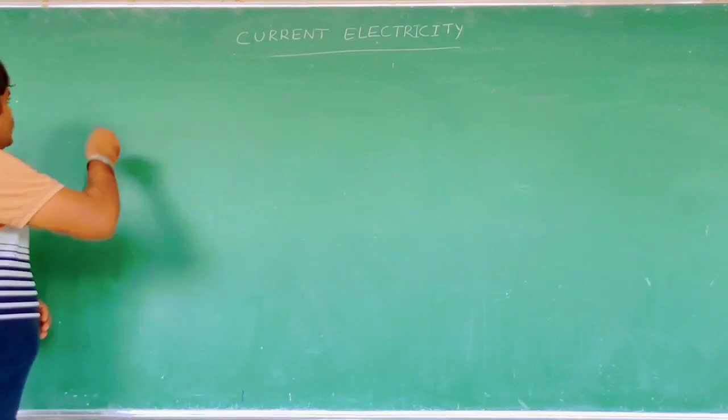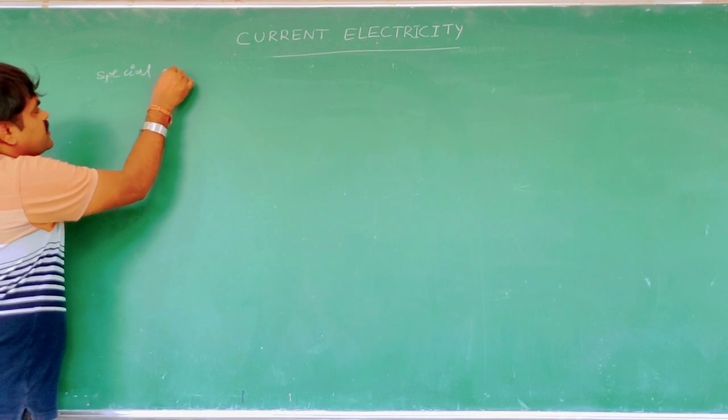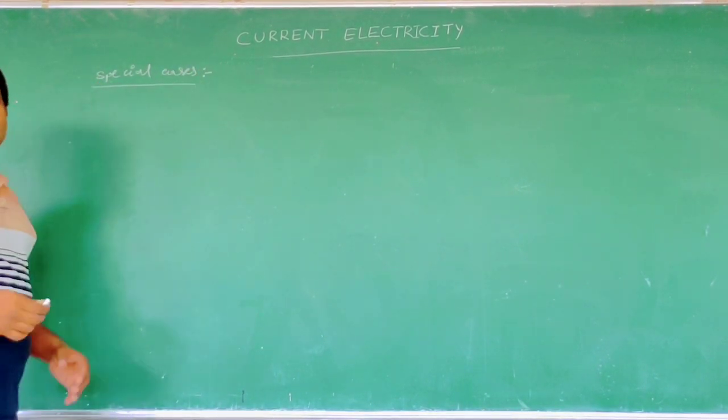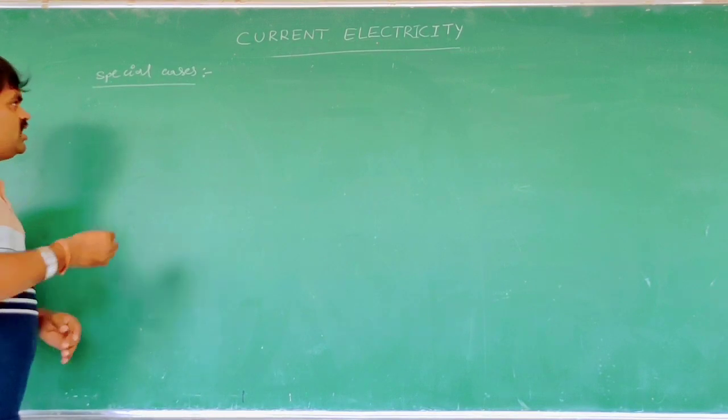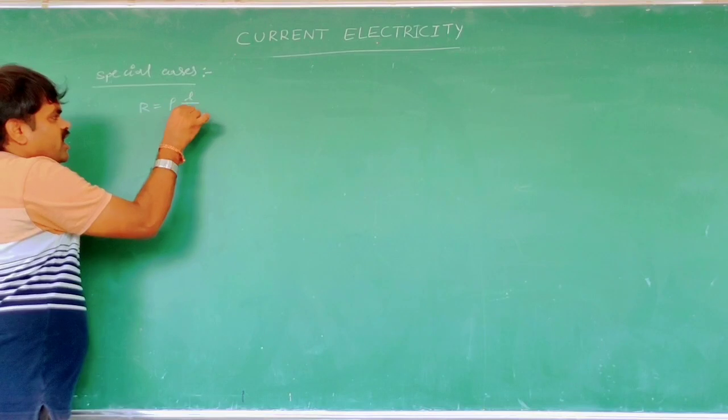We are going to discuss special cases on resistance and how to solve problems based on the resistance of a conductor. Special cases. Now here, the resistance of the electrical conductor R is equal to, we know, rho L by A,